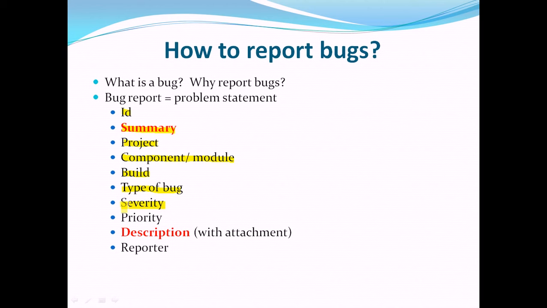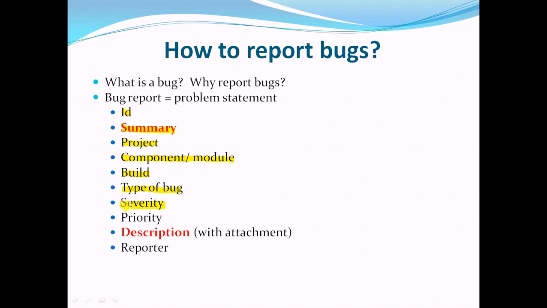Now obviously the more severe a problem is, the more rapidly the developers will try to look into it to find out what the problem is. So if it is a high severity problem, like you tried to save data, but some of your data was saved and some of it was not saved, it was lost. So that is a high severity problem, and that high severity bug report would be looked at more urgently than a bug report with a severity of minor or a severity of cosmetic.